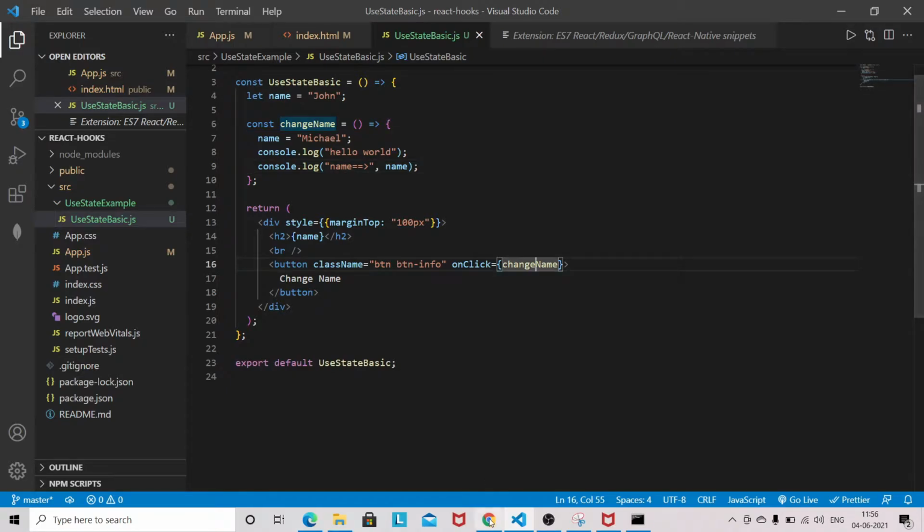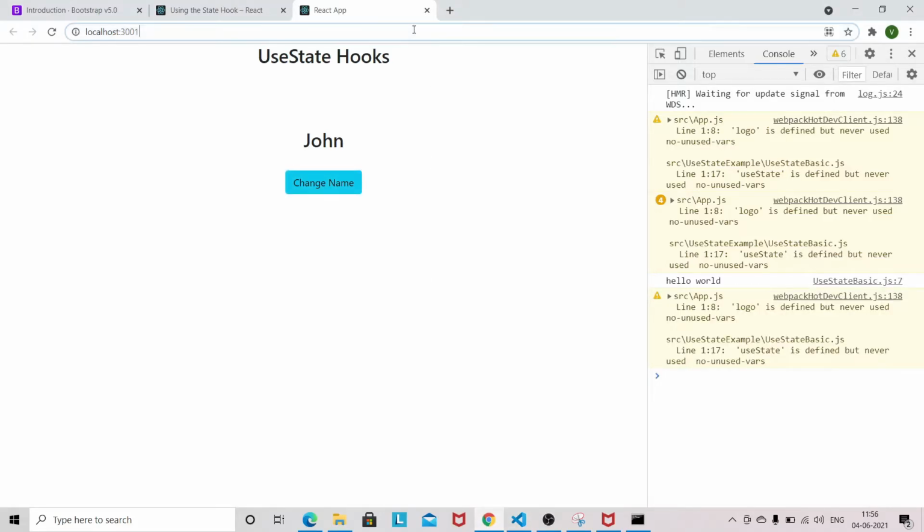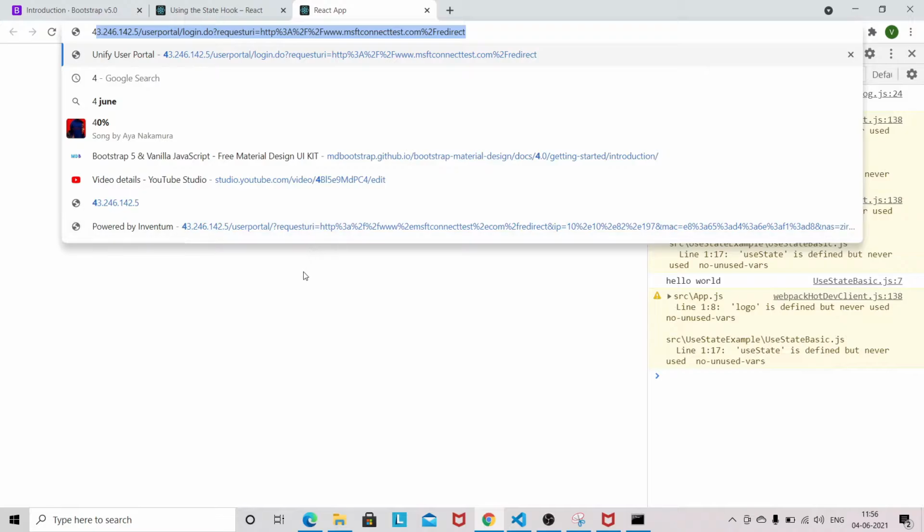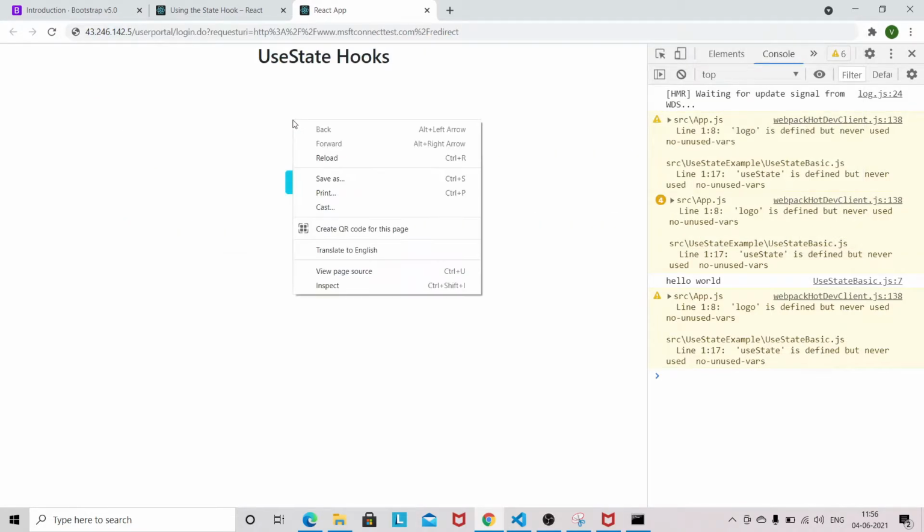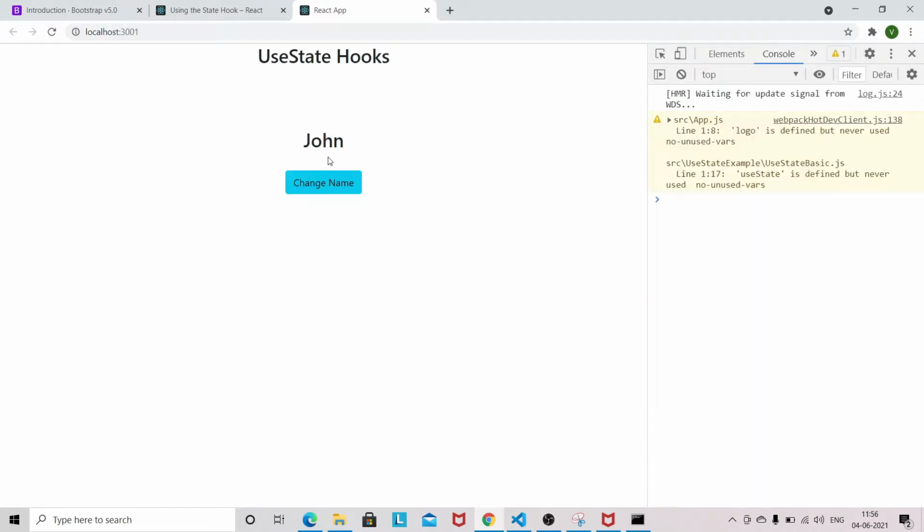Let's see the behavior. Sorry, I will reload. So you can see that the name is not getting changed here, but in the console log you can see the name is getting changed.